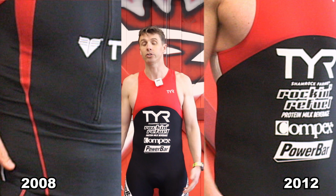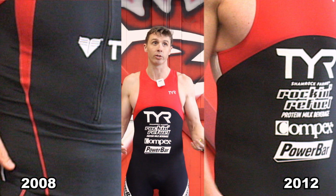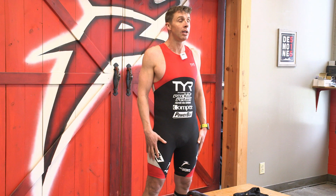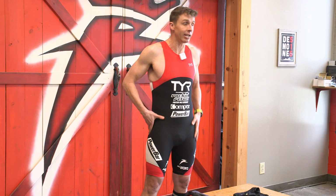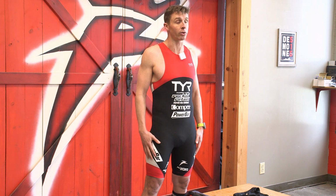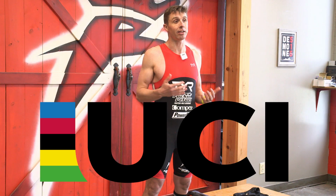This is a 2012 era suit. It was very fast. This was kind of the norm for quite a while. You can see it held logos really well. It was really tight. It was aerodynamic. It worked really well. It's really interesting with the sleeves because the UCI, the cycling governing body, actually banned sleeveless